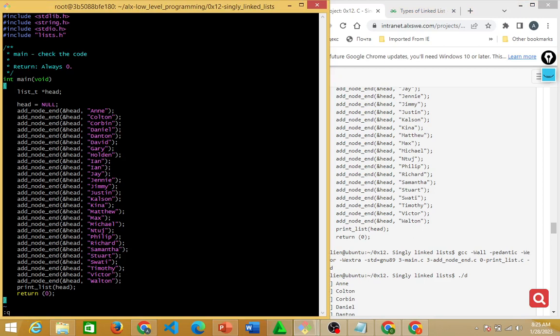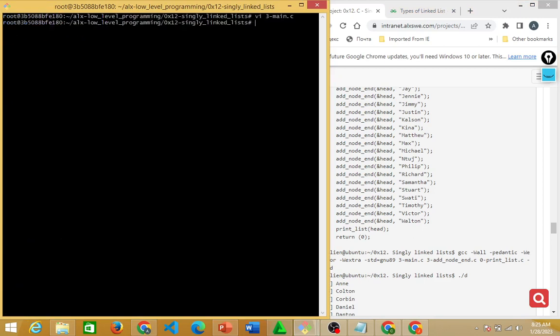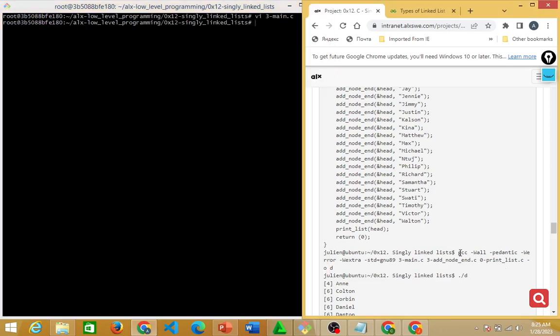Just use Q to quit, no saving again. So once you have that, let's try again for this. Okay, once you have that, you run your GCC. So I'll come here, you see the GCC for this theory. I'll copy it